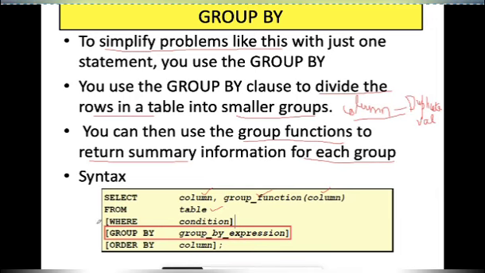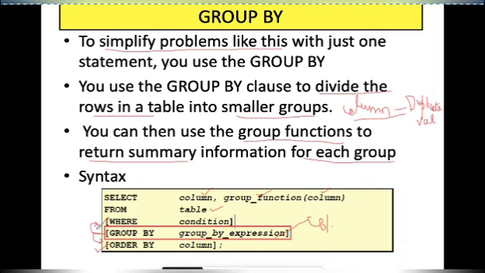Then group by, and here the column will come according to which you want to group the data, and order by, if you want to use it, will come after group by. So where is always before group by and order by is always after group by.